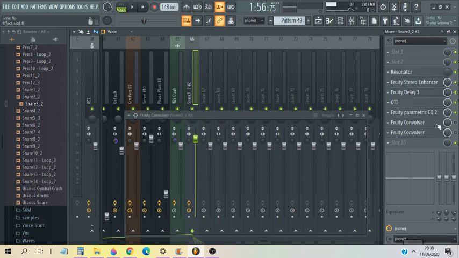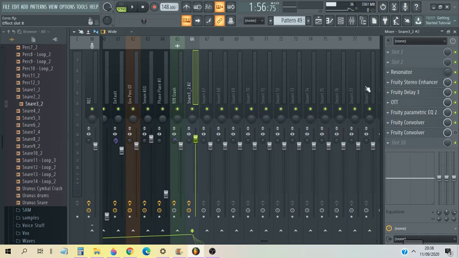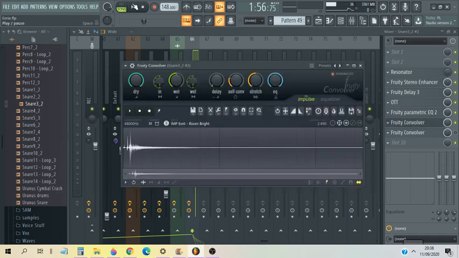Anyway, then there's just two Fruity Convolvers. To be honest, this could easily be one, but the way I did it, it ended up being two. The first one is this one. I'm going to turn off the drive for a second so you can hear just what the reverb without the original sound sounds like. So this is the Room Bright preset with the input and output stereo separation at 100% separated, so it's all around you again. It's the concept I was explaining earlier with the stereo enhancer, where it's not in the middle, it's all around you and separated.